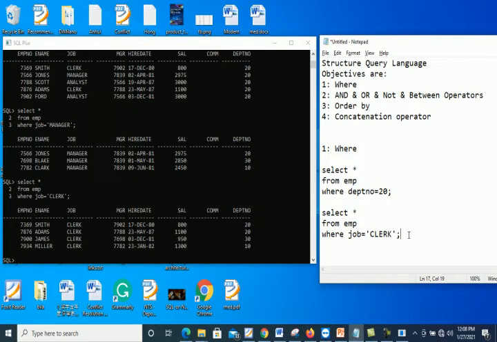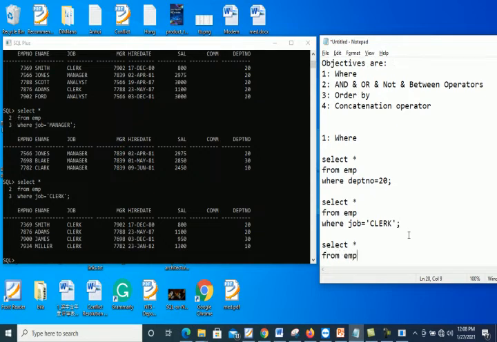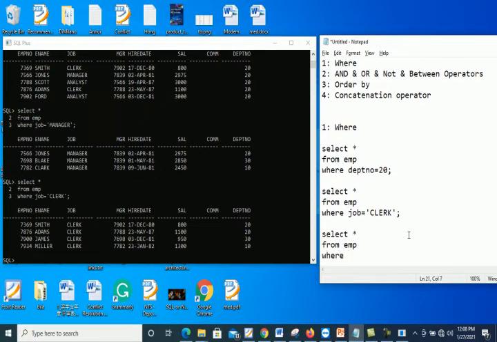You can also use it on the salary column. SELECT * FROM EMP WHERE the column name is sal. So here WHERE sal is greater than, for example, show me those employee records whose salary is greater than or equal to 1000.